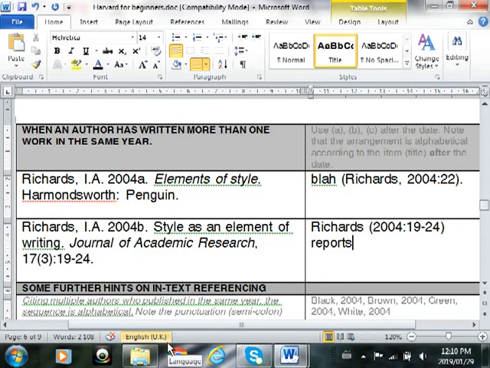A and B. How do you determine where the A's go? It's not the order in which you've used it. So if I've used this one first and then this one second, that does not determine the A and B. How do you determine? Sorry? The date was published. No, but they both published 2004. The month. No. There's no dates or months in these references. The key is,